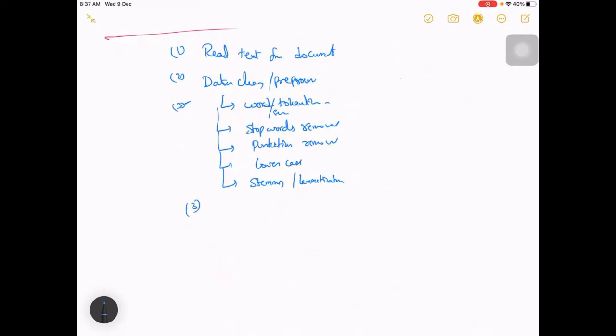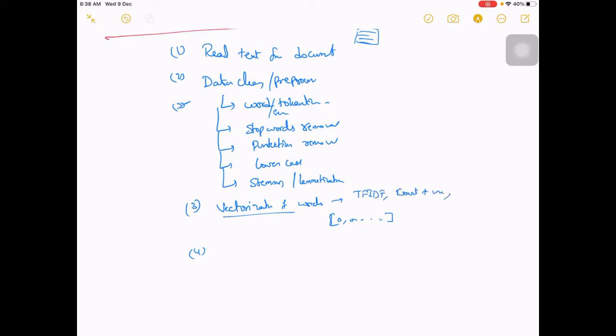Where we do vectorization. Okay, so now you are converting the text in documents into vectors, right? So this is now in a state, once you are done with this, like maybe using TF-IDF, or maybe just a bag of words count vectorization, or maybe some deep learning based embeddings.